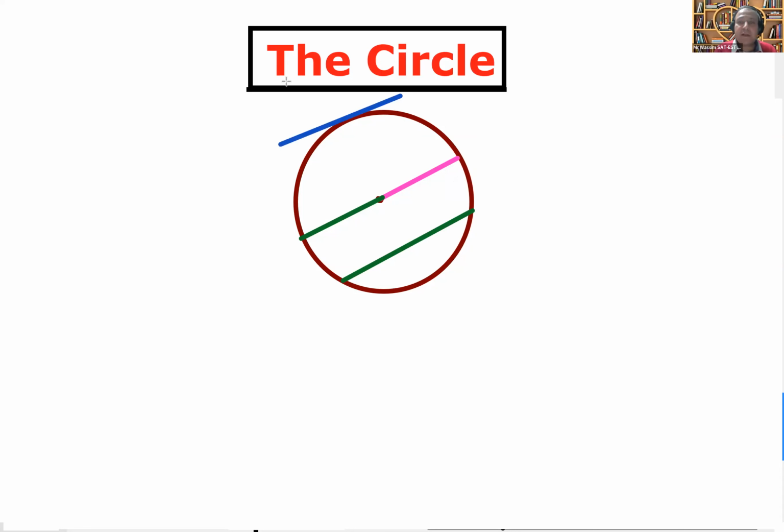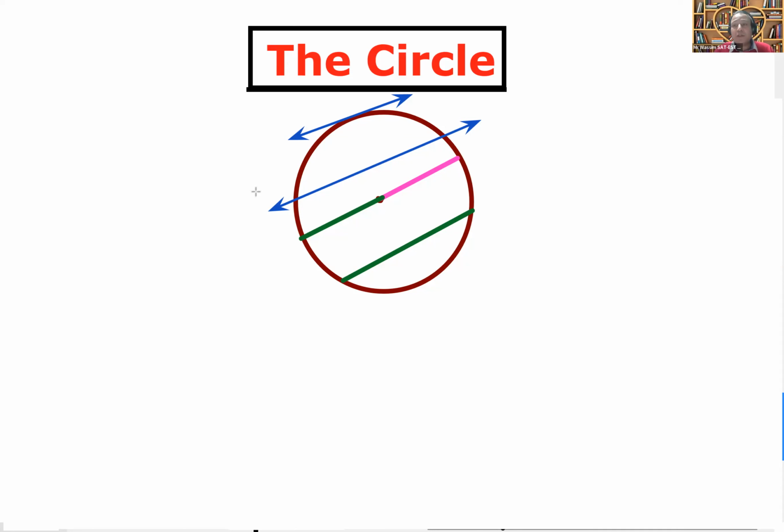What about its touch? Or make it like this. Touch is called what? Yes, thank you. Tangent. What about cut? مين فاكر؟